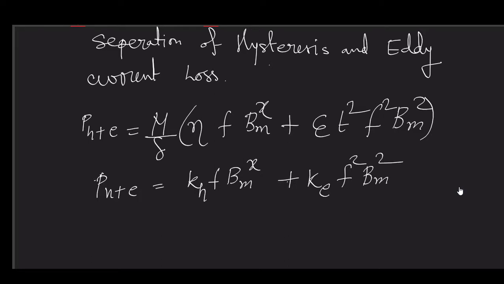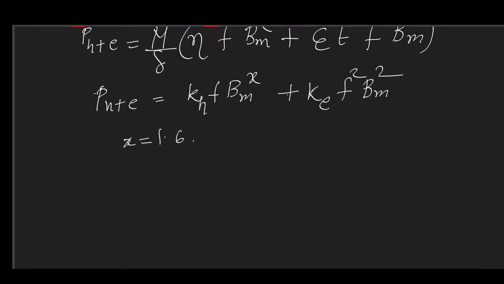So we have to separate them. Now in most cases x is specified as 1.6. So in that case, how many equations do we need to find KH and KE? We need two data sets, two different data values, and if x is not given, then we